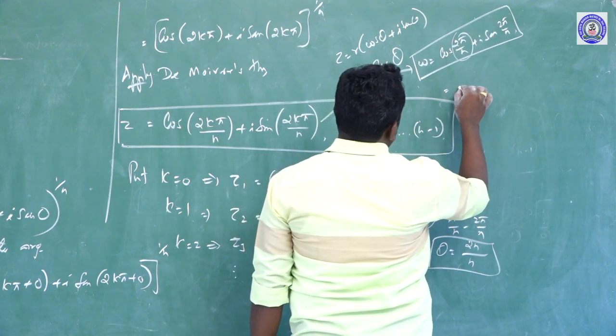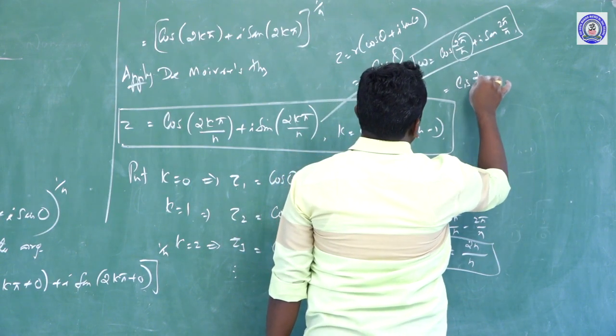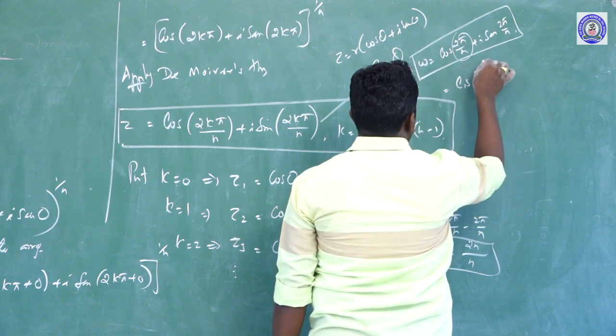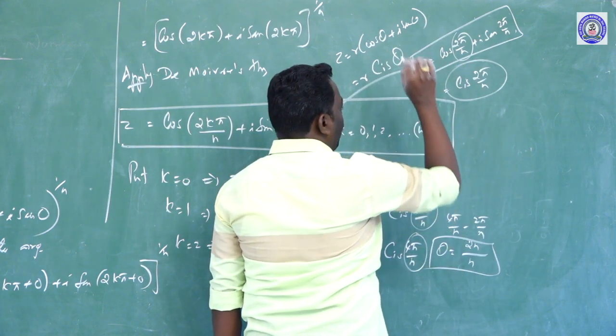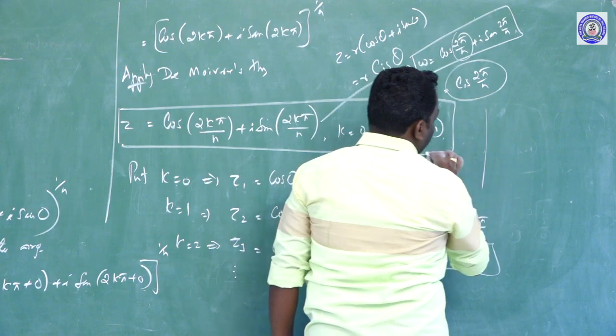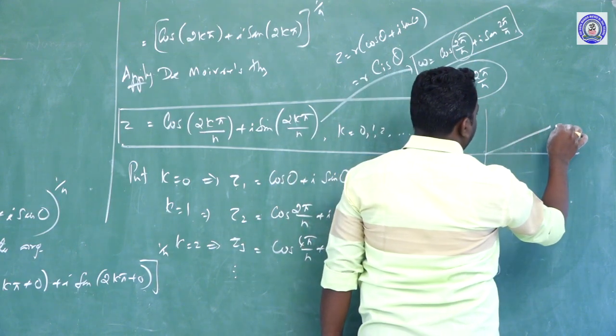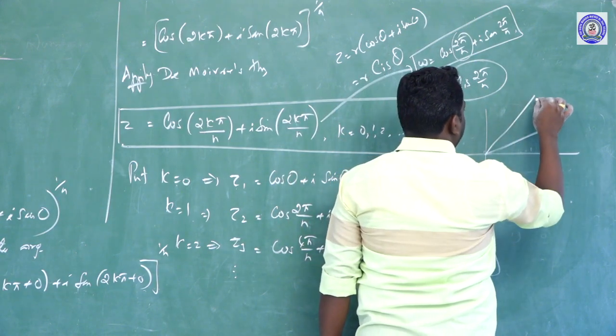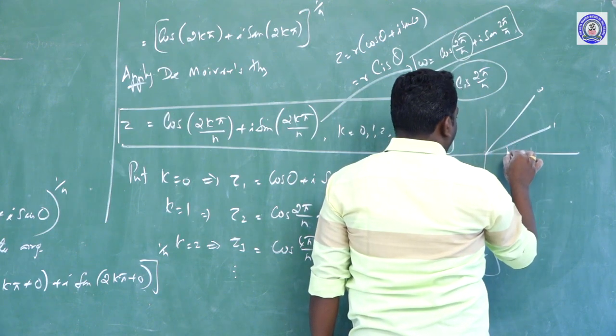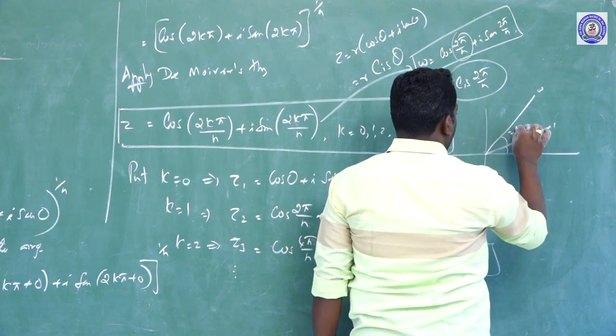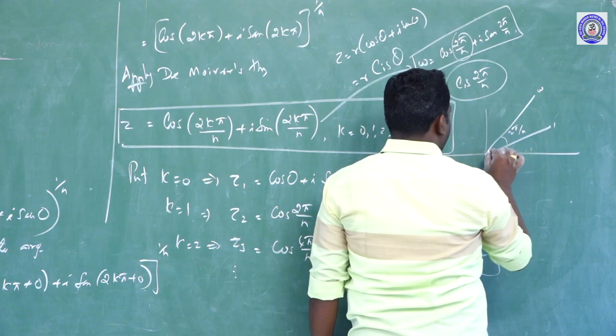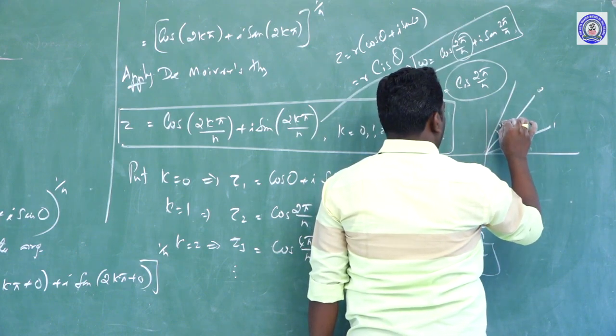Therefore we can write it is equal to cis 2π/n, called ω, one of the complex numbers. So every complex number: one complex number is called 1, another complex number is called ω, and the angle between these two terms is 2π/n. Another number has an angle of 2π/n again.